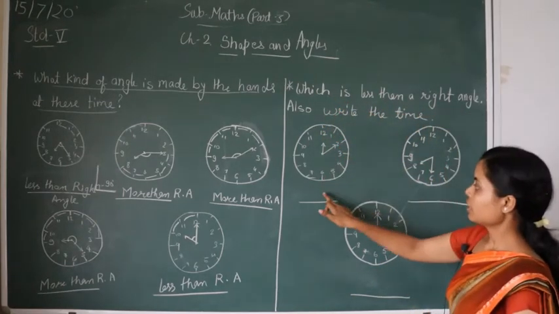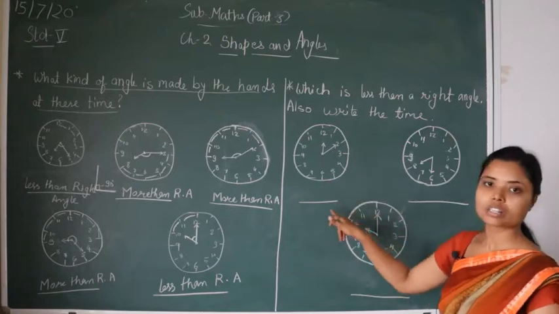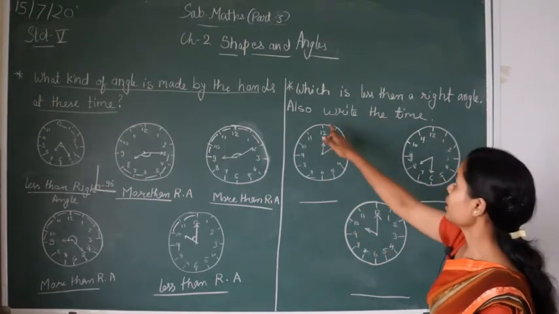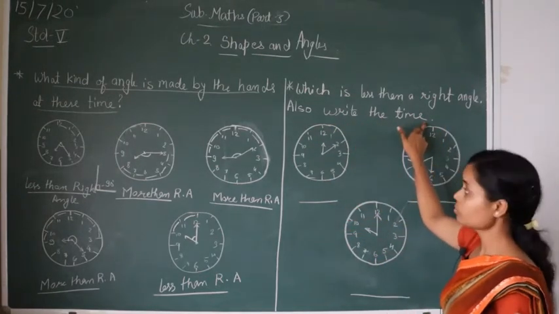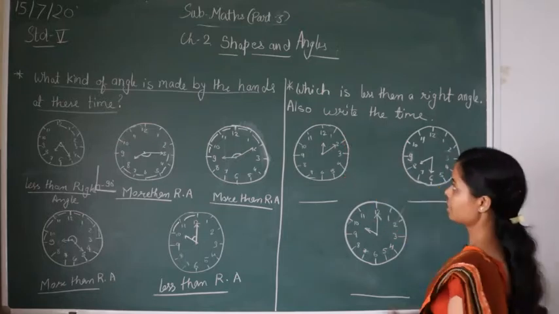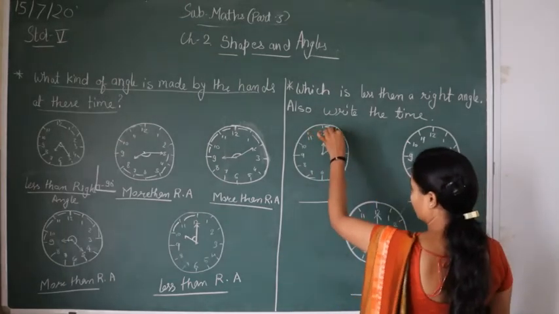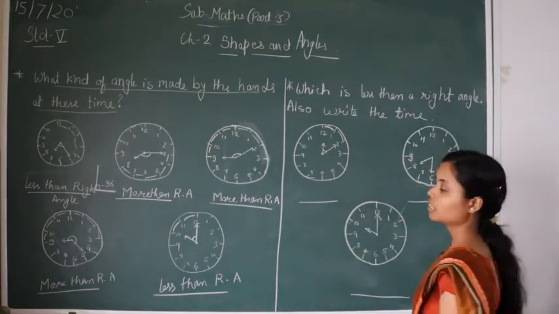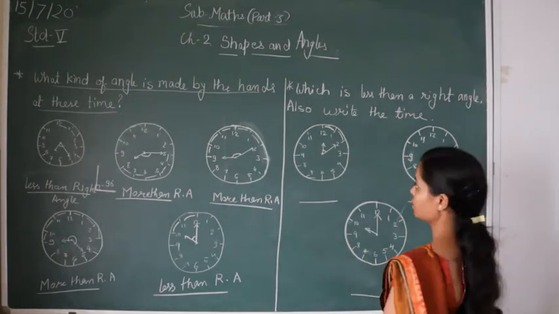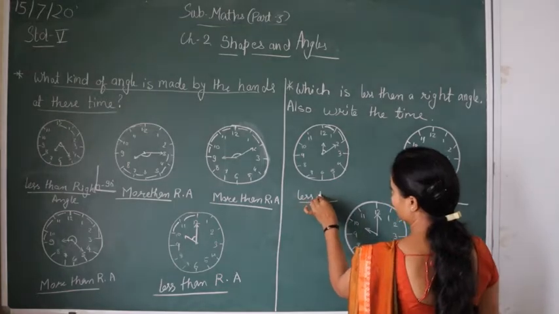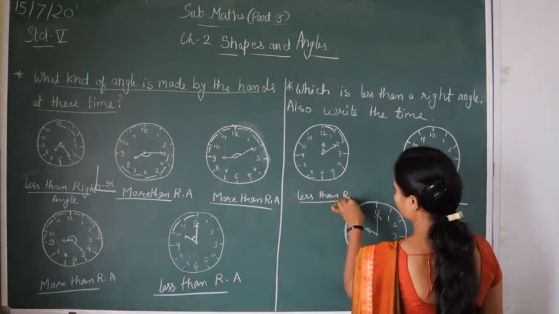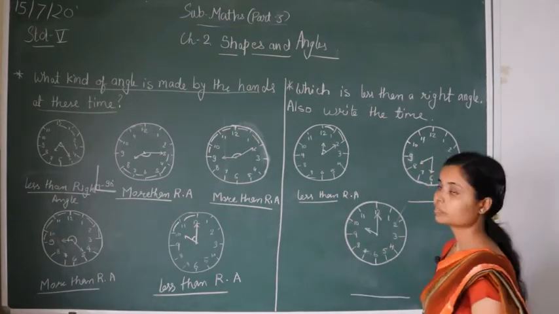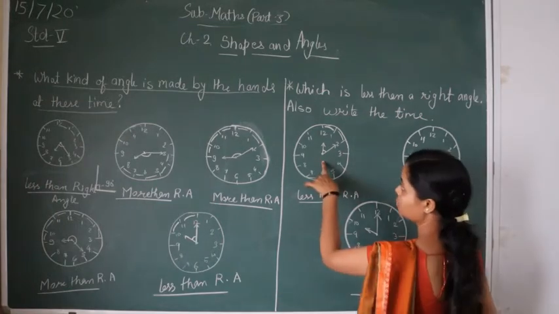Okay. Now the next one is, which is less than a right angle. The angles are made here, which are less than a right angle. We have to find them and also write the time. Look here. As I explained, 1 and 2. How many sectors are there? There are 2 sectors. So we can say less than a right angle. Okay. And the time is,